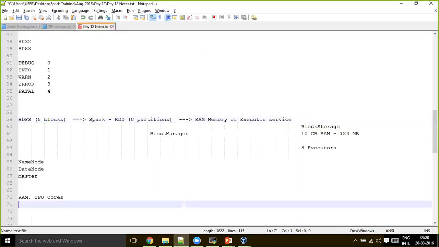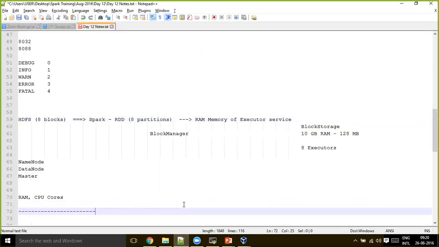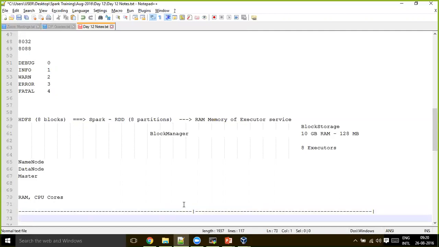Let's say this is one block and this is another block, and there are some lines ending here, here, and here, and there is one line that ends here and the next line ends here. So line number 1, 2, 3, 4, 5, 6: the sixth line is spanning across two blocks.